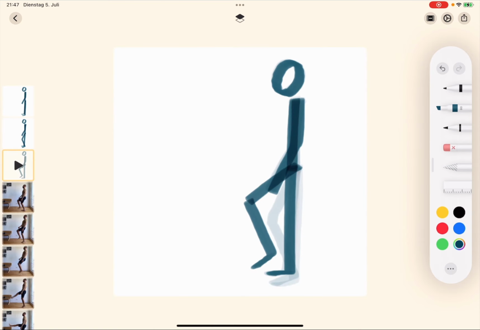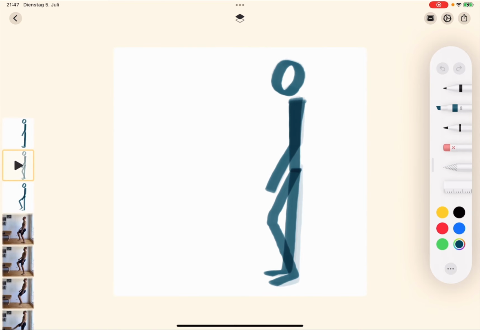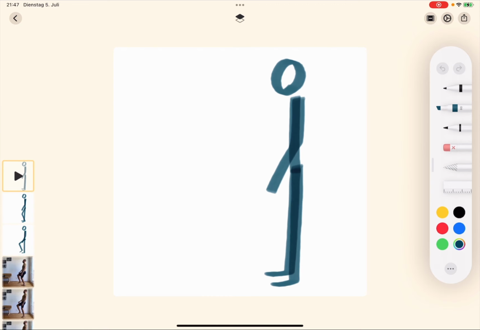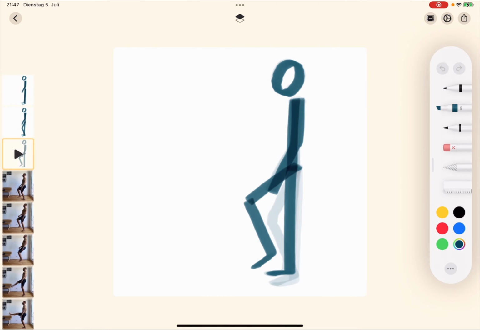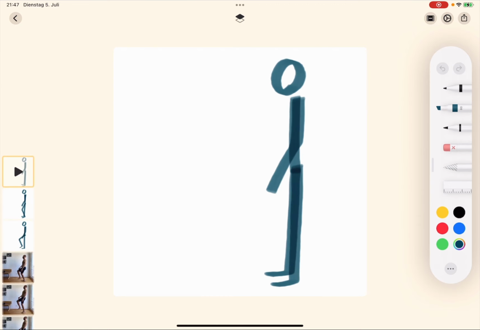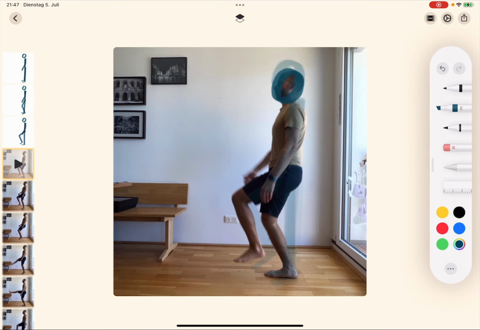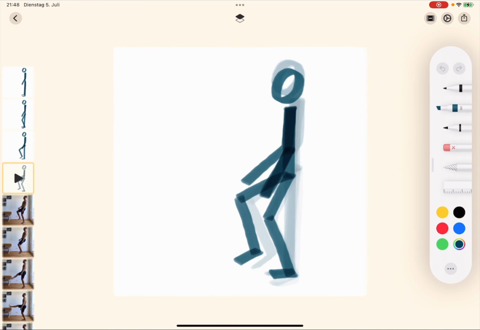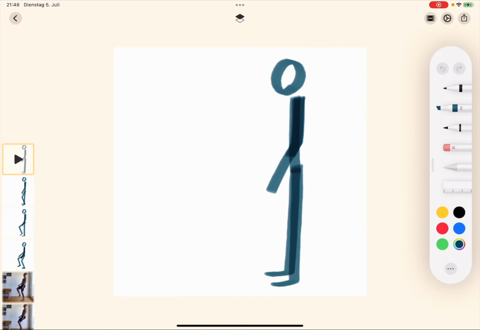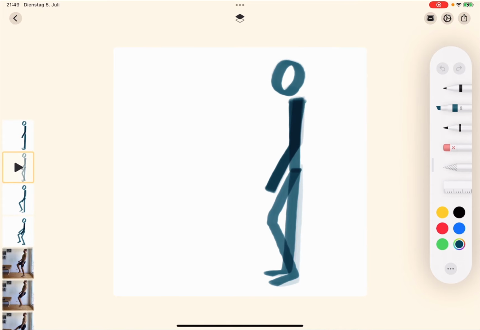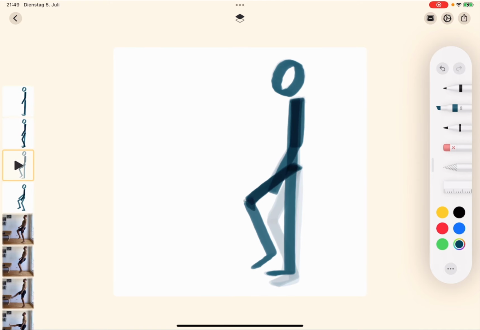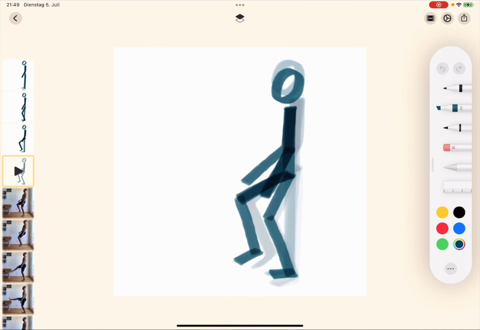Every now and then you should check whether the animation looks as you imagined it by moving the film strip. Pay attention to shape and color. For example, the head shouldn't suddenly get larger and the color should stay the same as well. With this pen you can easily emphasize the forearm and front leg by painting over the line again, making the line darker.